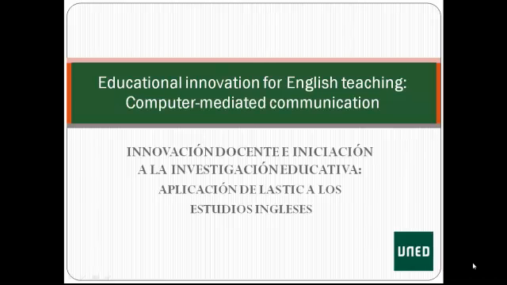This is the second of a series of 6 video classes devoted to innovación docente e iniciación a la investigación educativa, aplicación de las TIC a los estudios ingleses. In this video class, we are going to concentrate on educational innovation for English teaching, and more specifically on computer-mediated